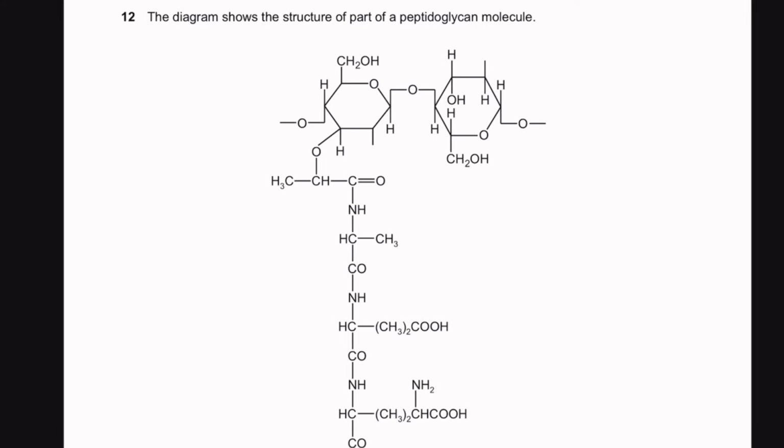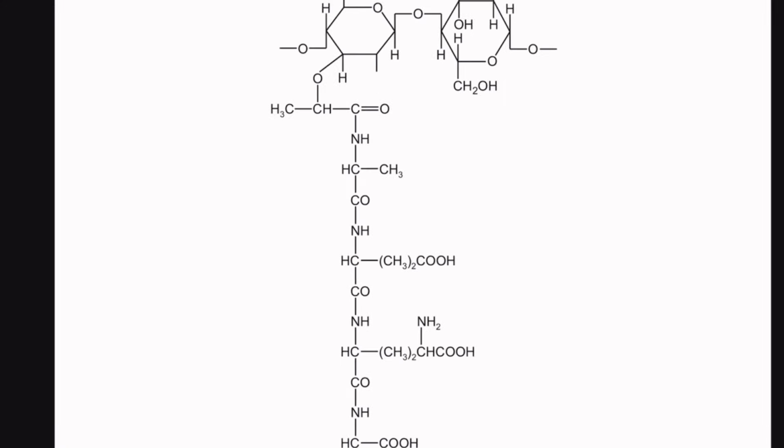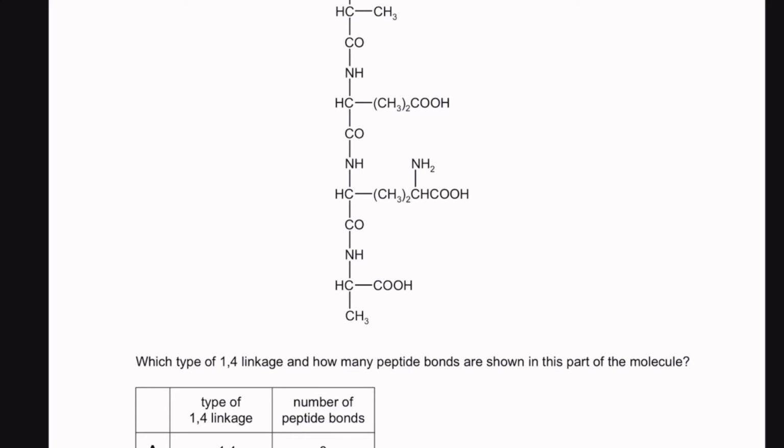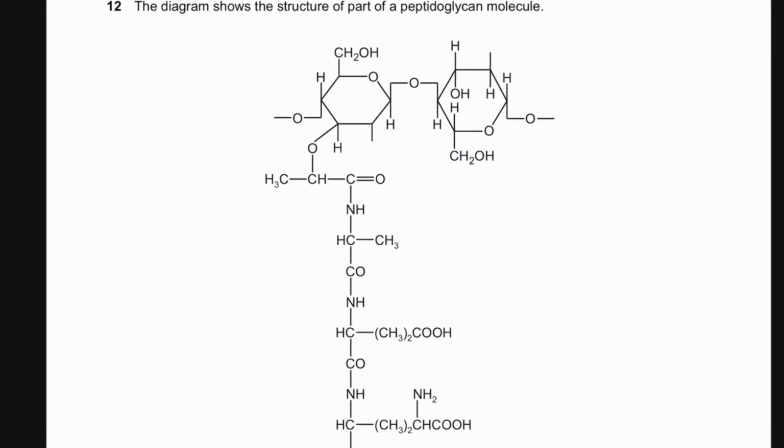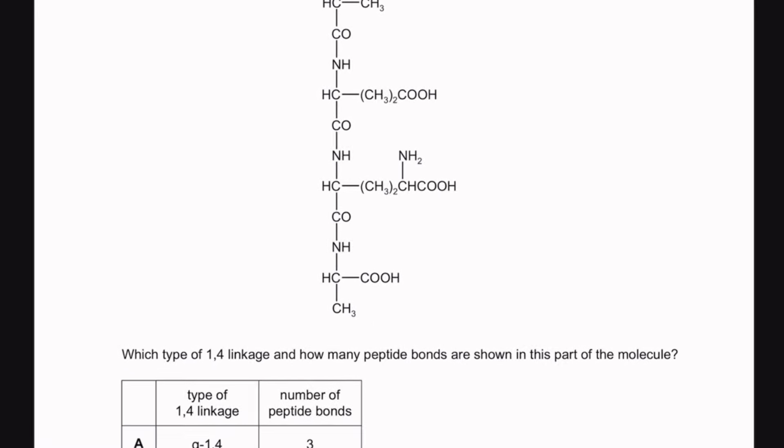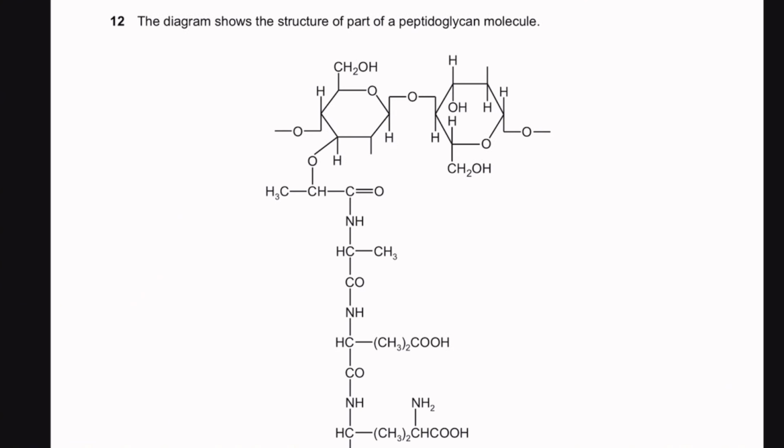Okay, 12. The diagram shows the structure of part of a peptidoglycan molecule. Okay, so we have peptidoglycan, and here it says which type of 1 to 4 bond and how many peptide bonds are shown in this part of the molecule. Okay, so let's see. What is the 1 to 4 linkage that we have here? Is it alpha? Is it beta? Now, since you see that each one of these is in different orientations, so we have the same molecule but in different orientations, I would suggest that this is obviously a beta